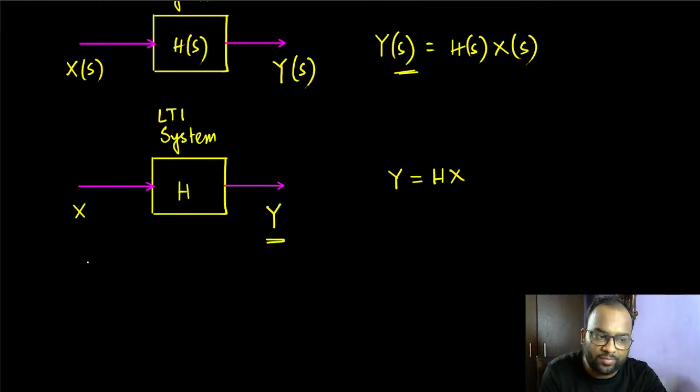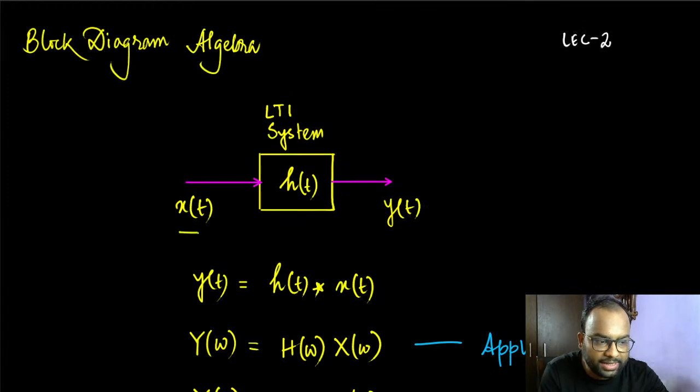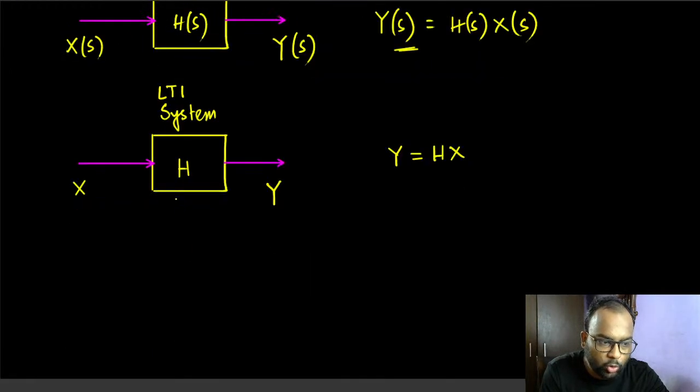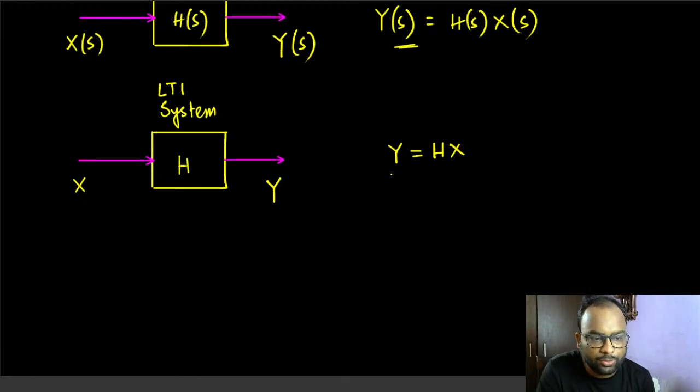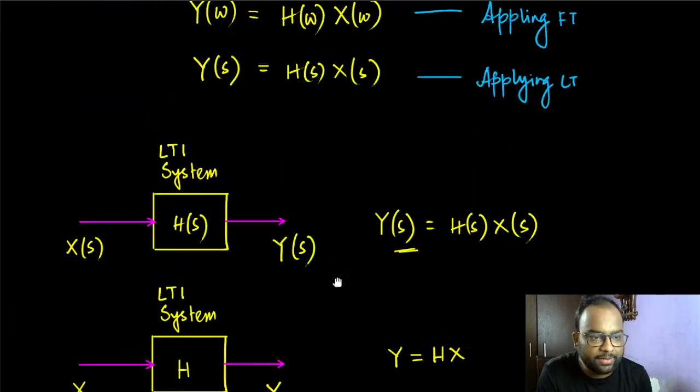So this is some sort of a transform, either a Laplace transform or a Fourier transform. But these are not in the time domain. So this is not like x(t), this is not like y(t). Okay, just keep that in mind. Whenever you are using an uppercase letter, you have to understand that these are denoting the transformed version. Because if these were y(t), functions of time, then this multiplication would not have happened. Instead, the result would have been